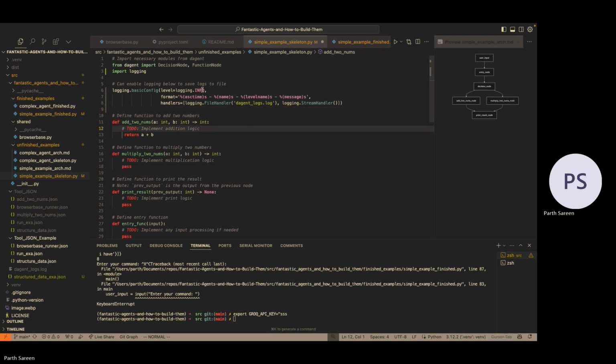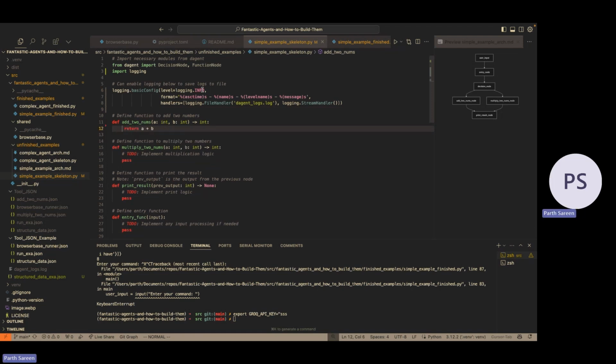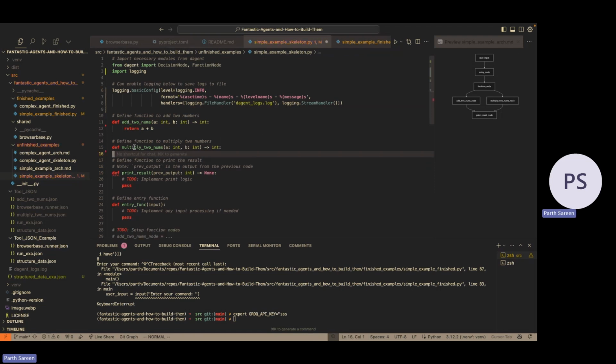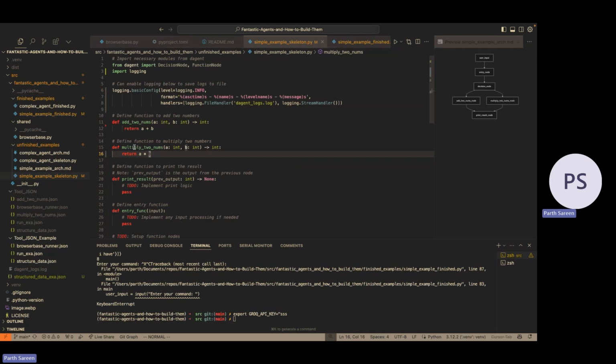So add 2 numbers. I guess I already added the add 2 numbers. So great, you don't have to implement this function. Now let's do the multiply 2 numbers function. So I'm just going to remove these 2 lines. And it is as simple as Python makes it, A times B. And we want that returned. Also, if you are falling behind at any point or you're missing code, I would just recommend either asking a mentor for help or just looking at the finished example and copy pasting it to get it running.